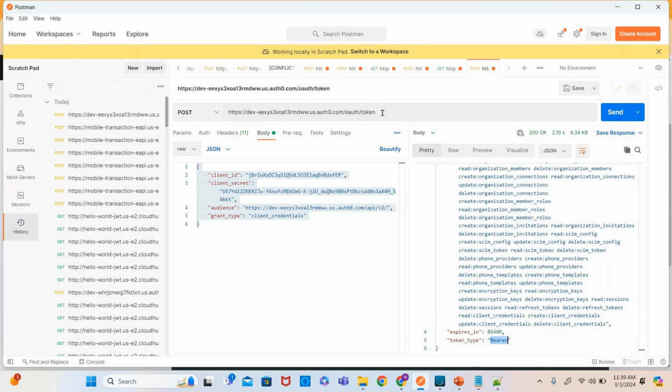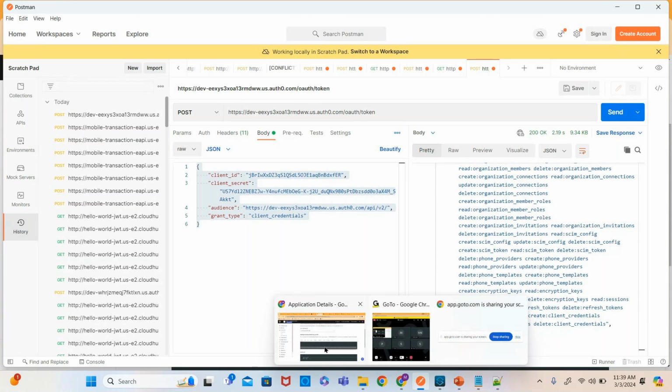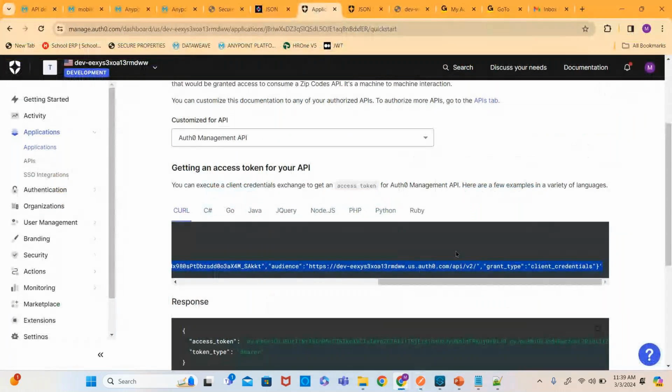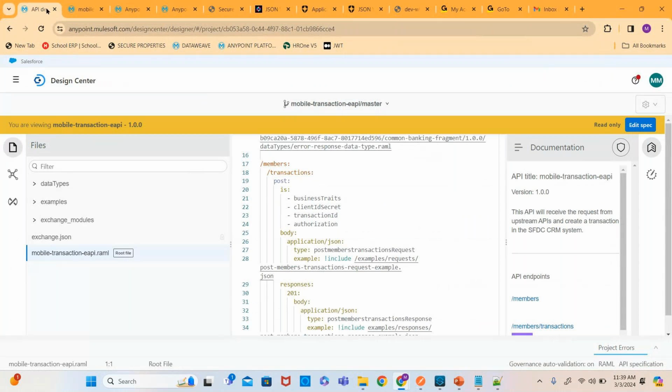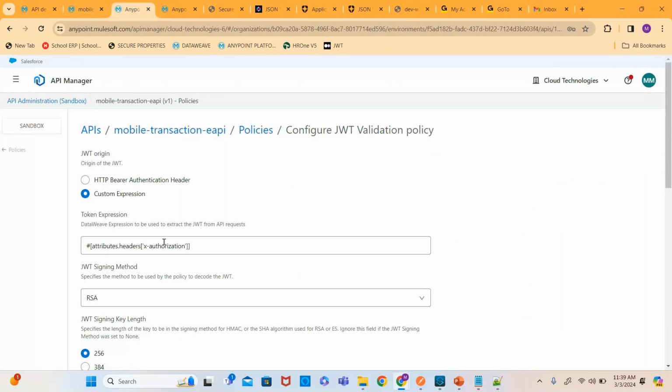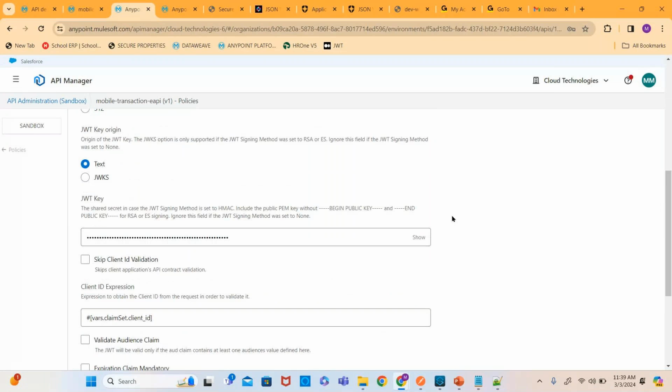Right. Now, for testing that, we don't have that, right? What is the thing which we follow? We'll try to generate the token with Postman, and then we'll try to send the request to our experience API with Postman, with the same token. Then we'll see. Like now, this is okay. Token is generated, right? I'll go back to Auth0. I'll go to here. This is done. Okay, it's done. Okay, fine. Yeah. Here,